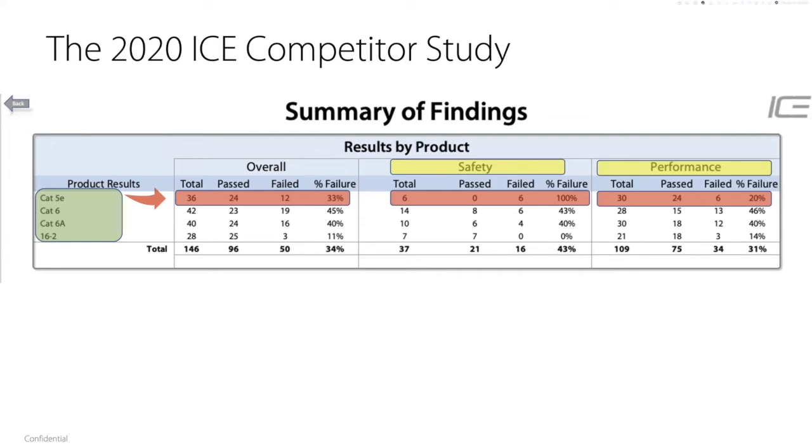So in the market right now, a lot of customers have standardized on Cat 6. And I remember 20 years ago, it used to be Cat 5, and slowly that has turned into Cat 6. That's been the most popular. But today, we recommend that customers have a minimum of Cat 6A. And the reason for that is